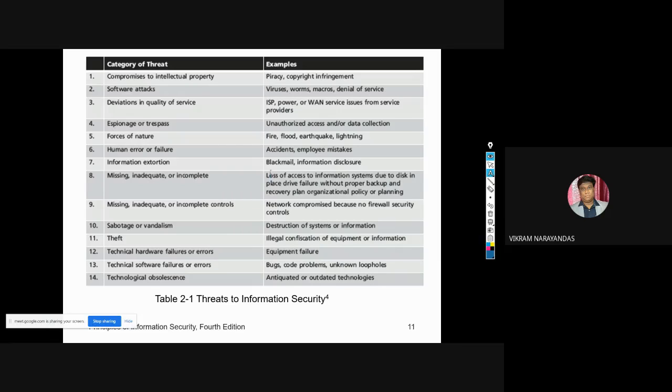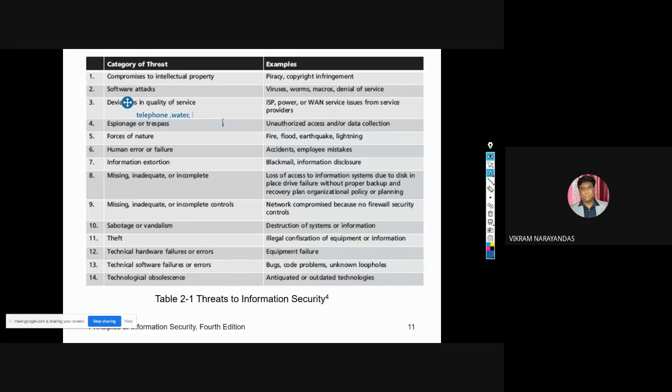So other utility services can impact an organization as well. One is the telephone, for example. If water also comes in this, cable television, natural gas, etc., whatever it may be. The threat of loss of these services can lead to inability of your organization to function properly. If telephone is not working, if water is not working, okay, the services you're getting for your organization are not working properly.